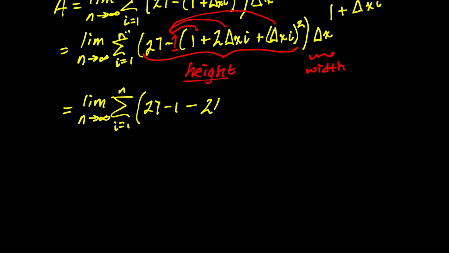Minus 2 delta x times I, because it's, again, negative of this. And then distribute the negative here. So that becomes minus delta x squared I squared. And the whole thing gets multiplied by delta x. All right, now I think we're safe to go ahead and start to